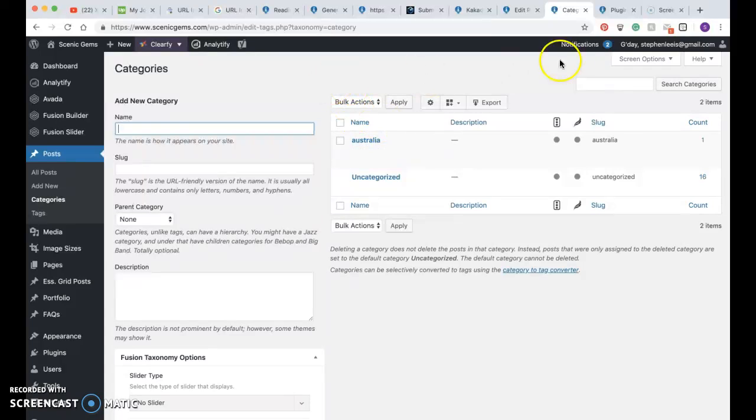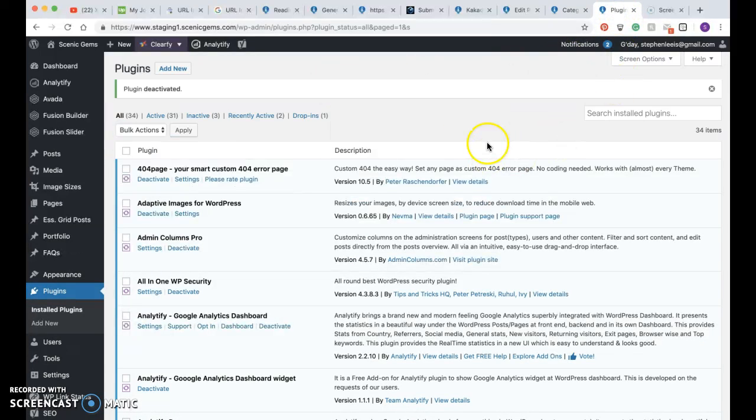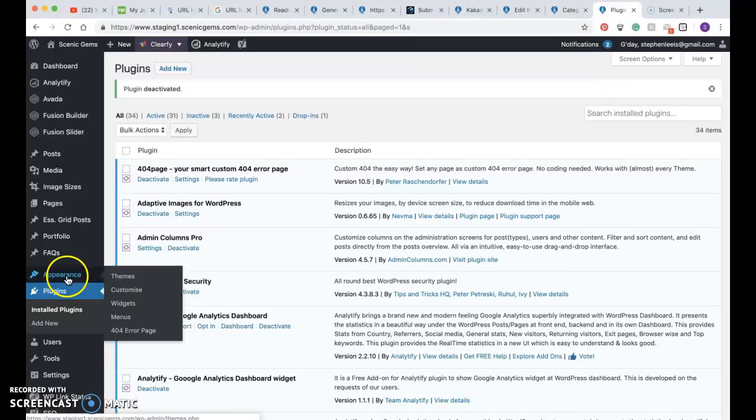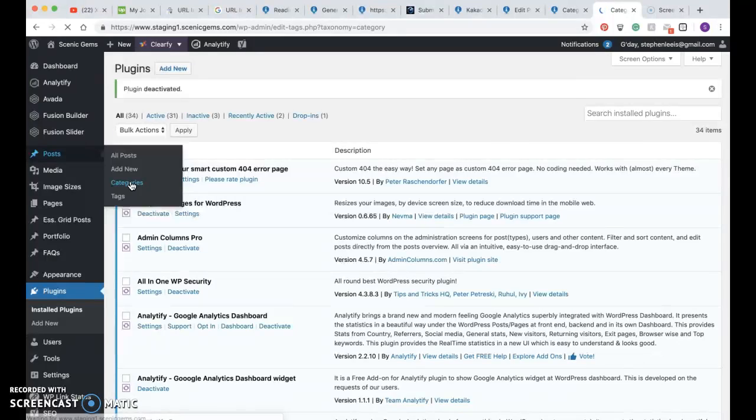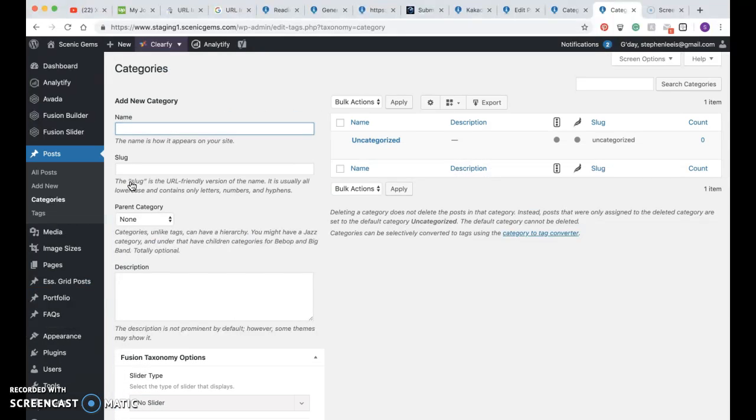So if I go to my staging environment, which I just mirrored, doing the same things on here. So if I go to categories, so I only copied this across. I haven't changed anything on WordPress, but it seems to be able to get rid of everything in here,